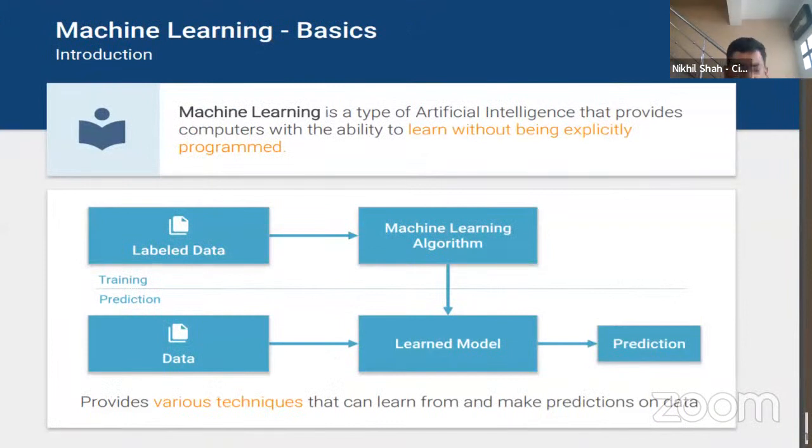Now, this one particular chart at a very broad level would probably make it very clear how it actually works internally. And this is applicable to more or less every machine learning algorithm. There are two things involved: one is training, and the other one is testing, or prediction. So one aspect is training.